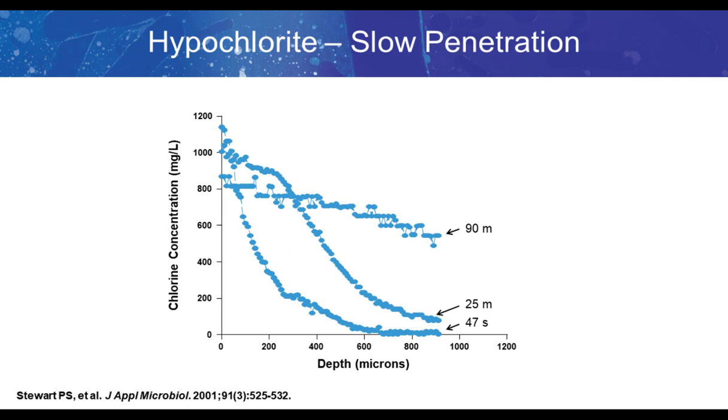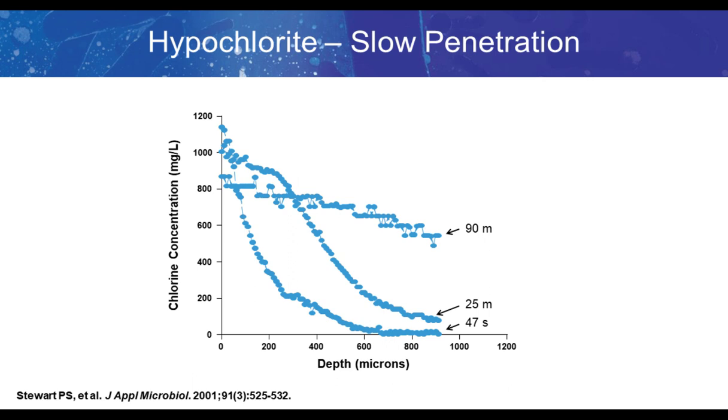And we're treating a Pseudomonas biofilm in this case. And you can see that the fluid outside the biofilm is around 1,000 milligrams per liter chlorine, but that concentration of chlorine quickly drops off as you enter the biofilm. And so on the x-axis there is the depth within the biofilm, and of course on the y-axis is the chlorine concentration. And at 47 seconds, by the time you get 600 microns into the biofilm, you can no longer